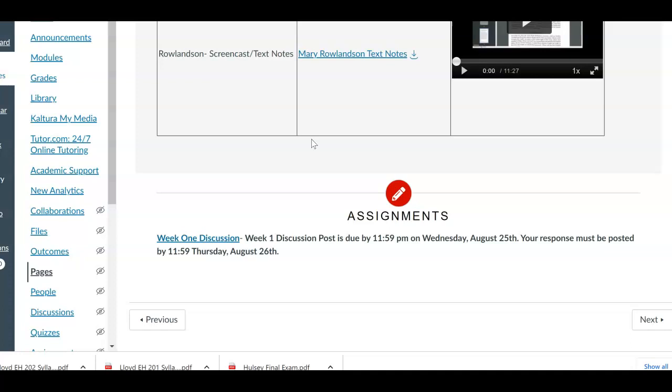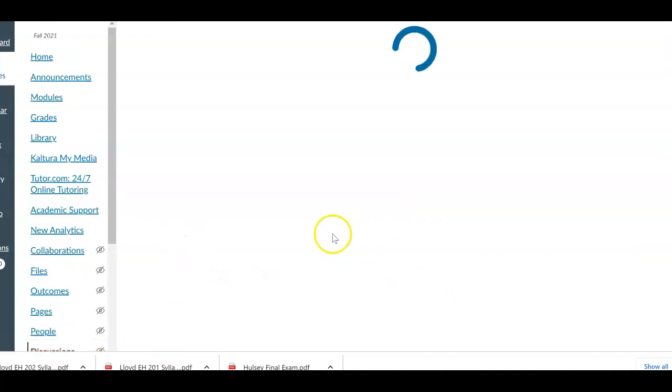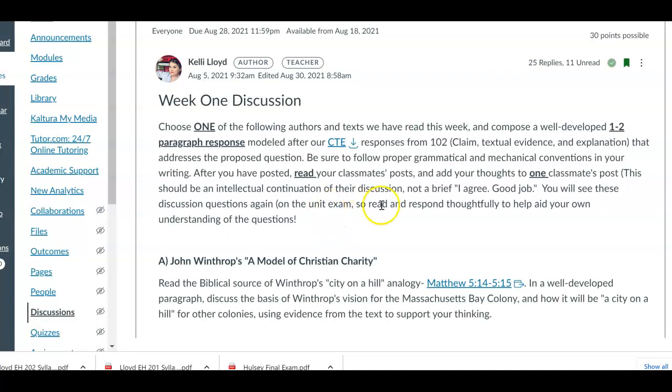I did not want to read larger pieces of text from them. You may choose to do that differently. You may want them to write something for you every week or every other week, a larger writing assignment. But that's just, again, totally up to you. I wanted my kids to write 1 to 2 paragraphs a week, because I felt like that was something that I could grade quickly and easily,